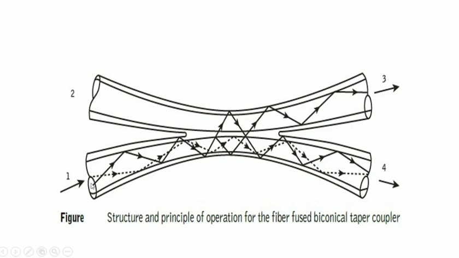Here, what happens? This is higher order modes. Observe, the dashed line indicates lower order modes. Lower order modes will remain in the main fiber. They will not leave the main fiber. Now observe the higher order mode. Higher order modes still travel in the main fiber, but they also leave the main fiber and go to the secondary fiber. Observe here, it will go to the secondary fiber. Only higher order modes, the dark straight line, not the dashed line.